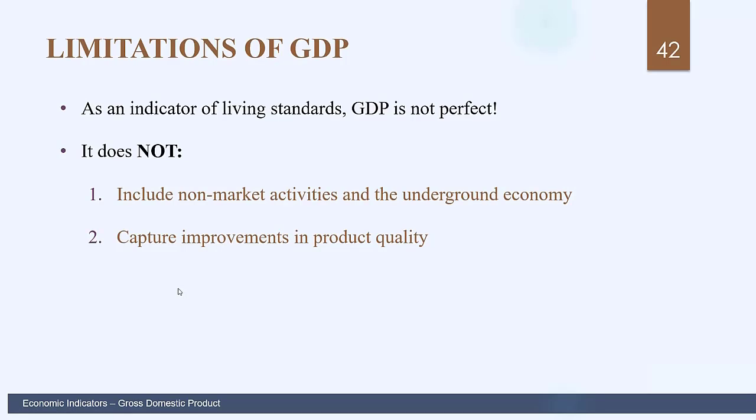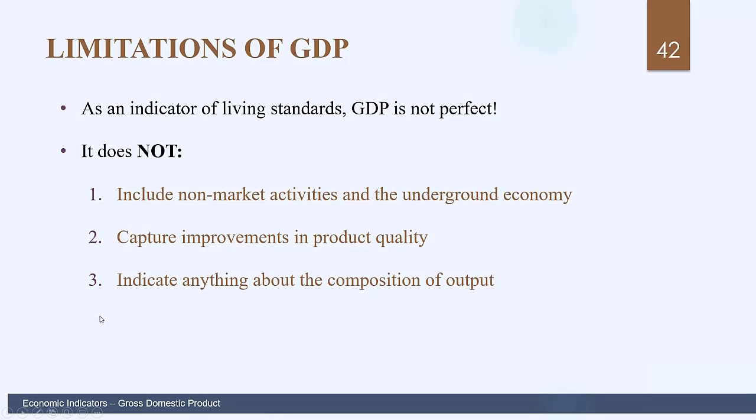For example, this is sort of anecdotal evidence, but I remember that when I was younger, automobiles were not as reliable as they are now. You could purchase a car, and within maybe 3 or 4 years, you would actually have rust on the car. We don't have that now. We very rarely see, even in our climate in Canada, cars getting rusted out unless they're very, very old. So there are a lot of different changes in product quality that are very difficult to measure, and our gross domestic product figures don't really capture any changes in quality.